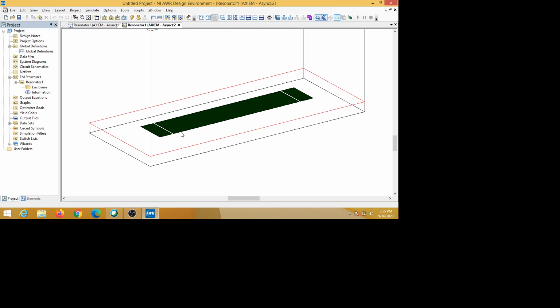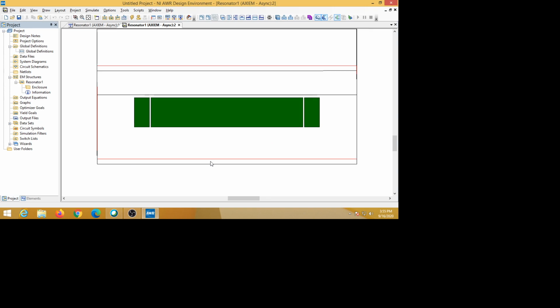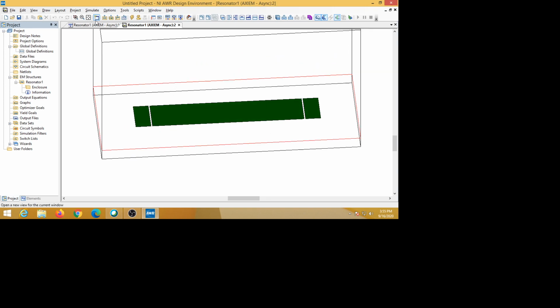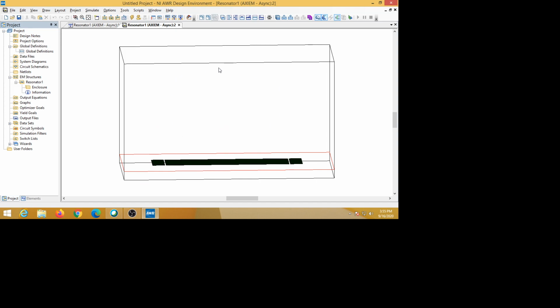Okay, you can see this structure; this is our resonator. Above that, air is there, a 20 mm air height we have kept. The surrounding space is approximately open, everything around this structure is open. Air above that, 20 mm, and this is what we have drawn, this is our structure.